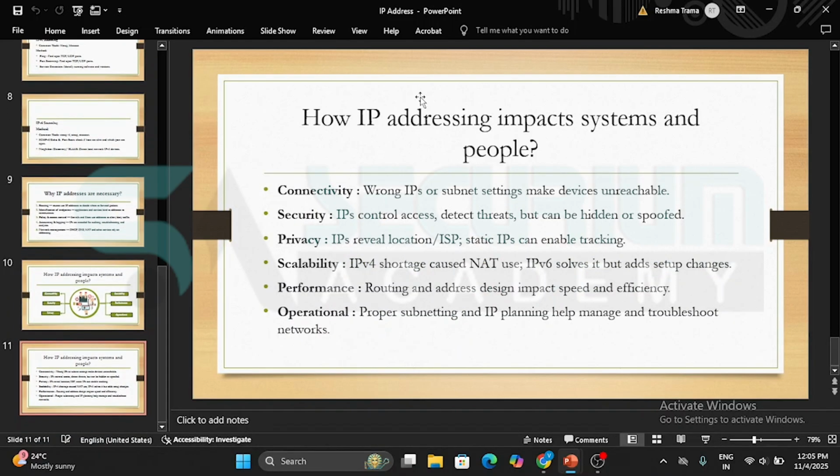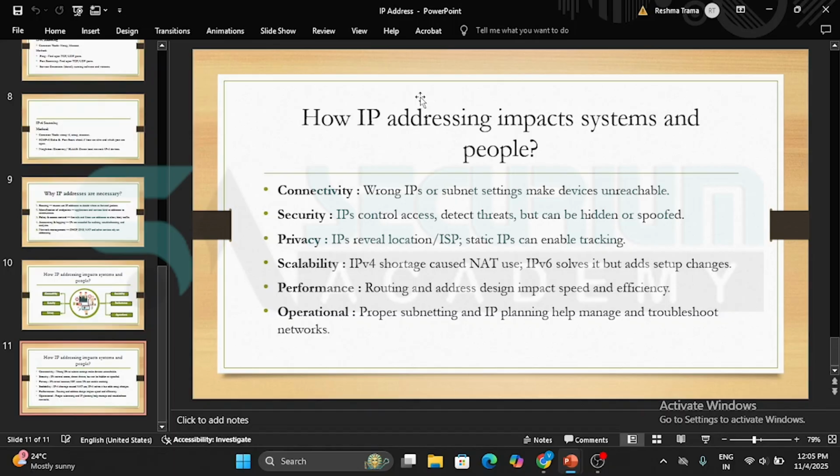In connectivity, wrong IPs or subnet settings make devices unreachable. In security, IPs control access, assess and detect threats, but can be hidden or spoofed.